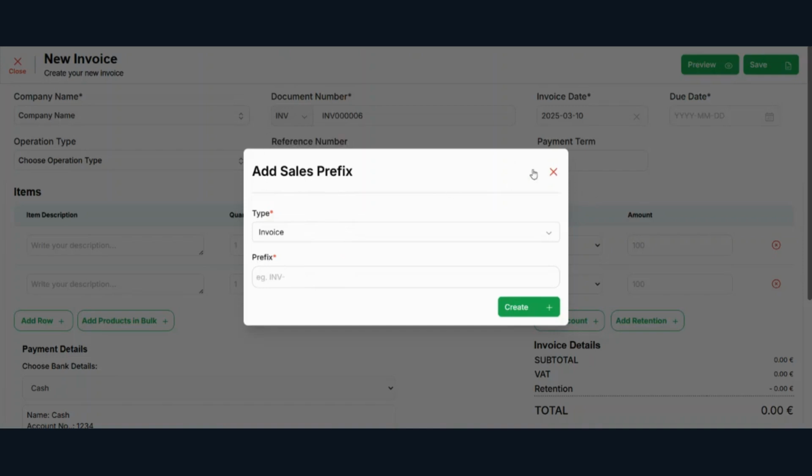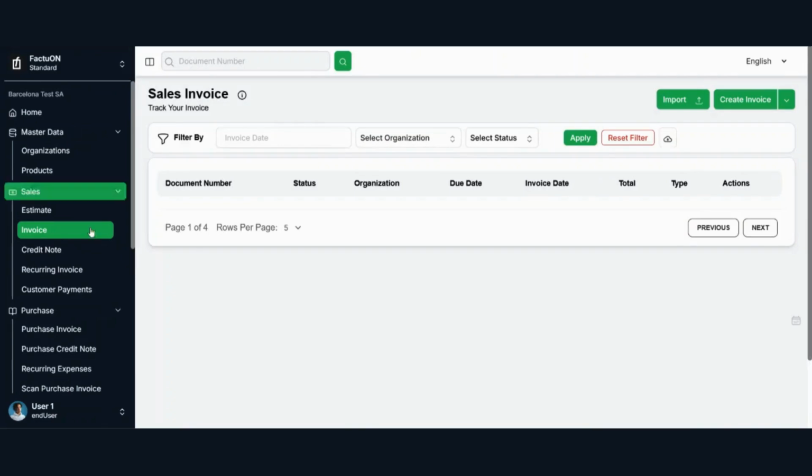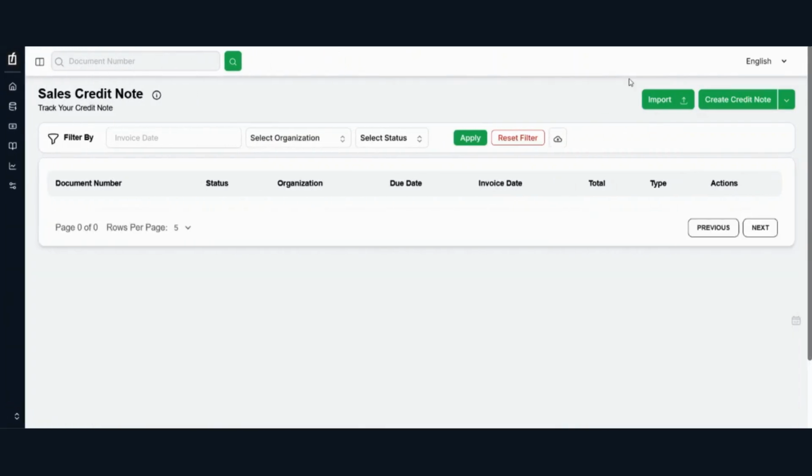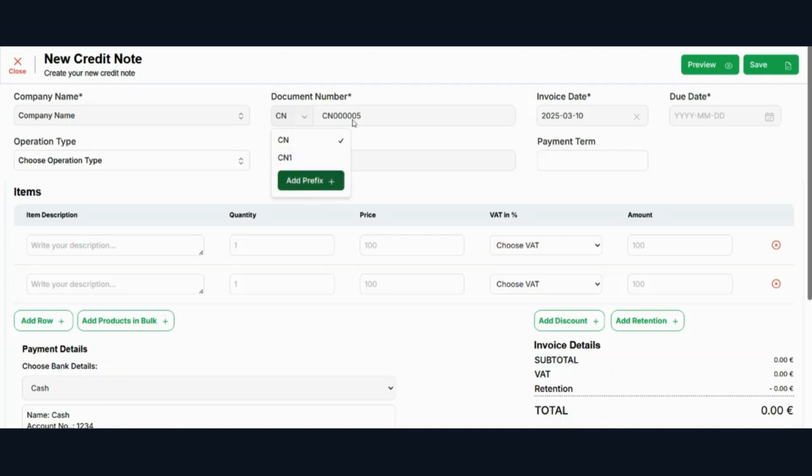And let me show you the credit note also. It was selected by default, and you can change it from here also. For credit note, see this one, cn, it was taken by default, so that's why it is showing here. And from here you can also change your prefix or add a new prefix.